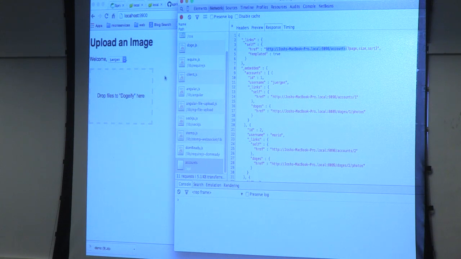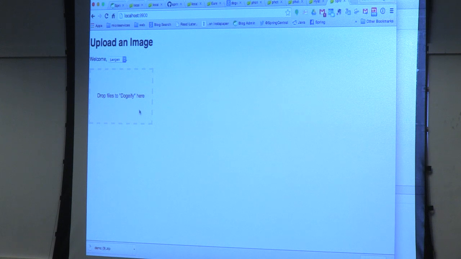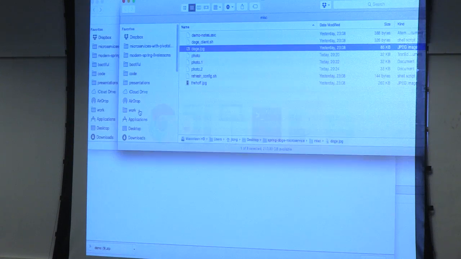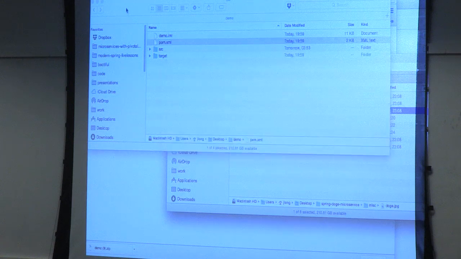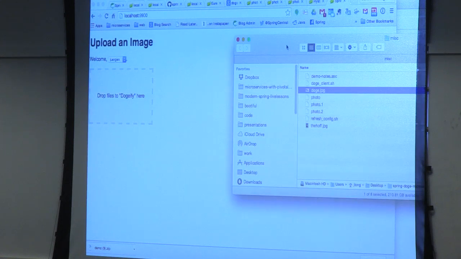Similarly, if I drag and drop something onto my little upload form thingy here, it's going to post to the Doge service, and you'll see that reflect the original Doge service in action. So I'm going to go ahead and, oh boy, here's the big finish. I'm going to crowd surf if this works. So just be ready.